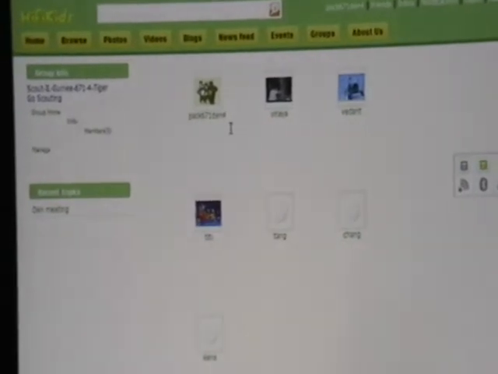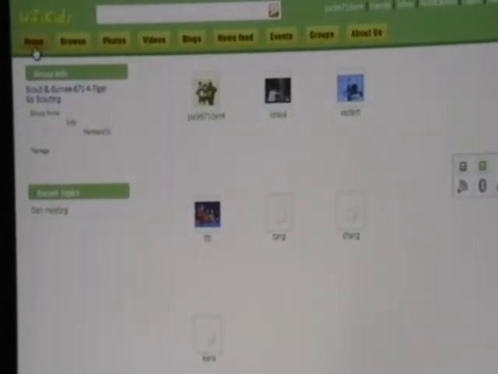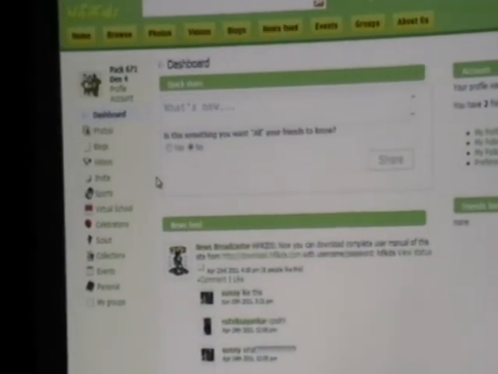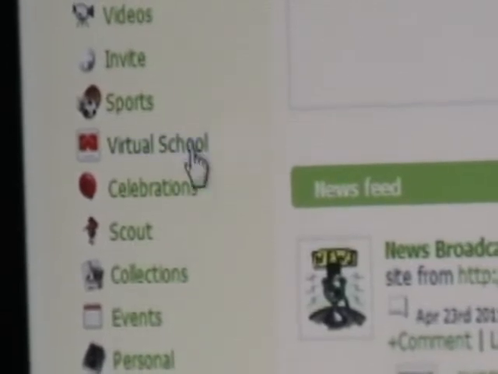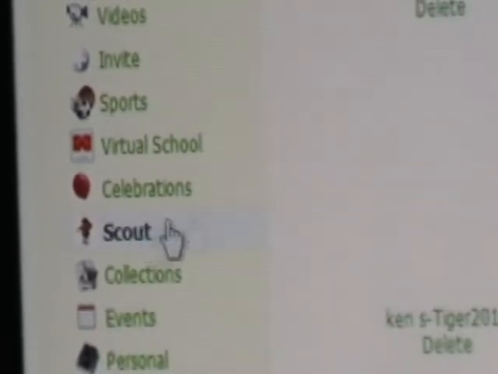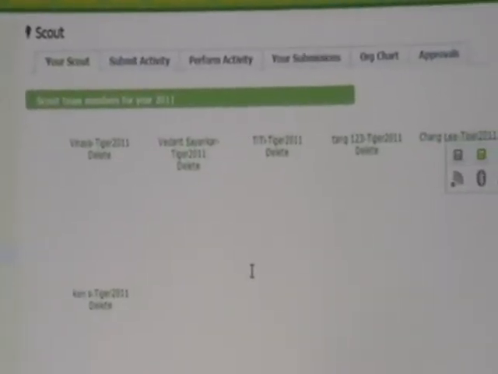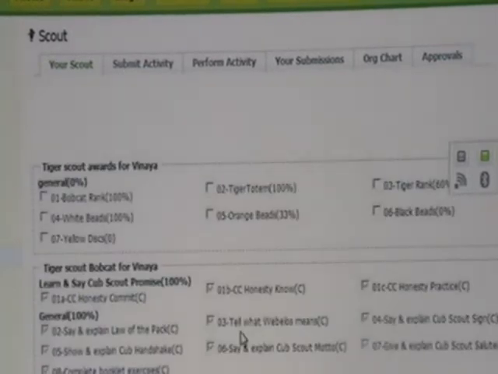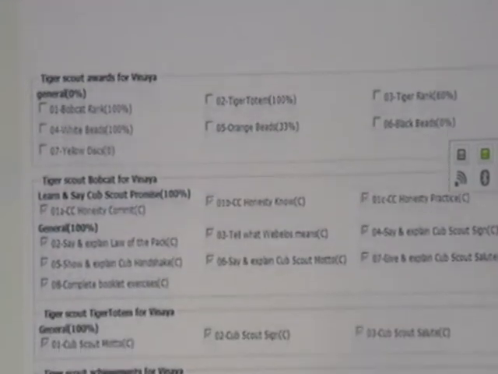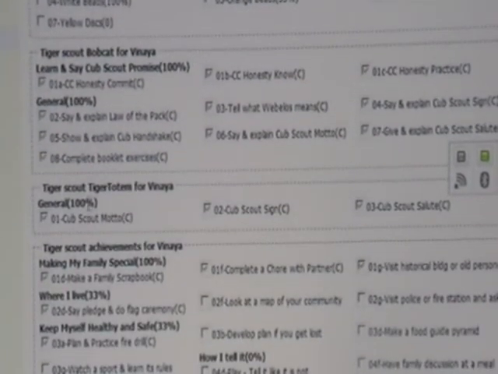Once the group is created and the scout boys join this group, as a den leader, you need to go to the scout console now. On the left hand side corner here, there is a scout. Click on this and it shows the console. This is your console. You will see the list of all scout boys here. There are 6 members. You can individually go and see their record, what activities they have completed.